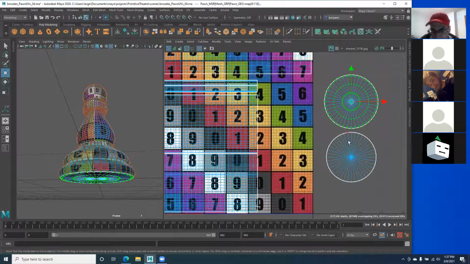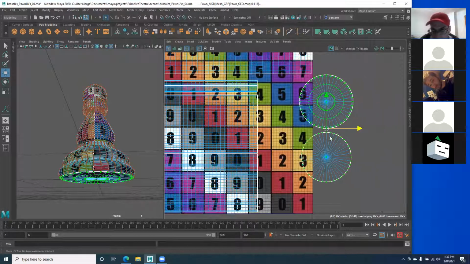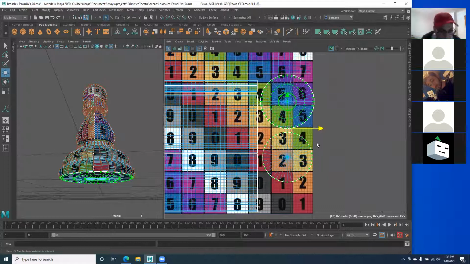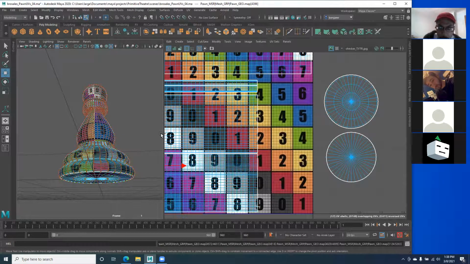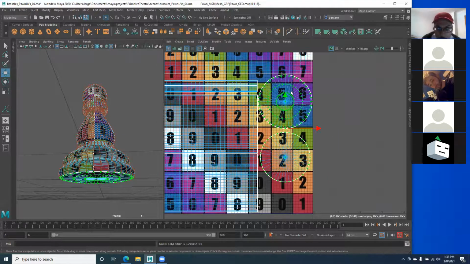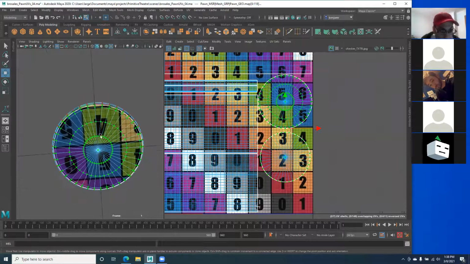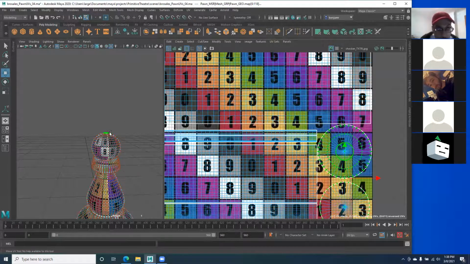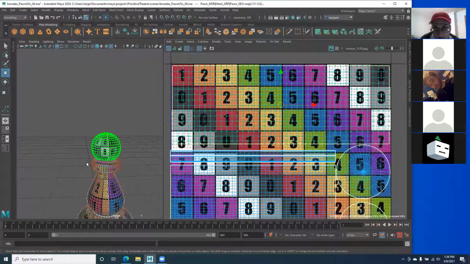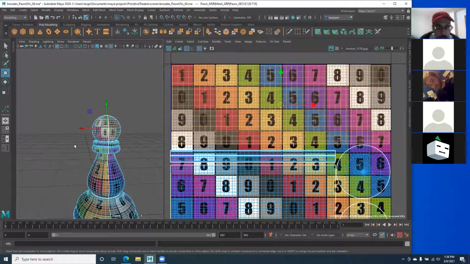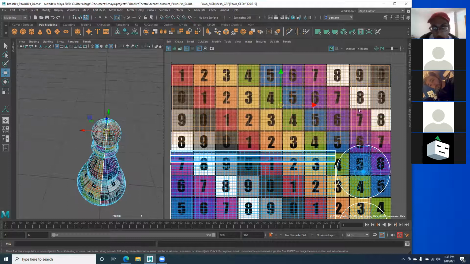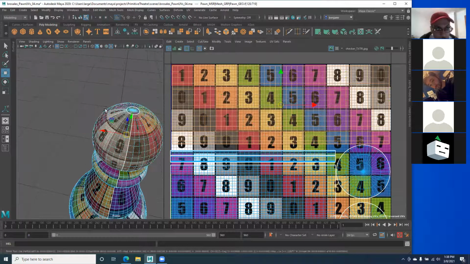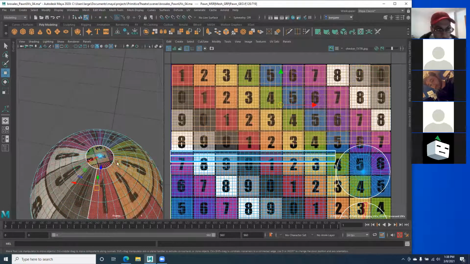That's kind of how you're going to work in the UV editor. But we still need to project the other segments, because the only one that we've actually projected is the bottom. So I already have this one created. So I'm just going to go to the face mode. And in order to project, again, you want to select the faces. And I think I used sphere to get this shape. And then the very, very top, I used a